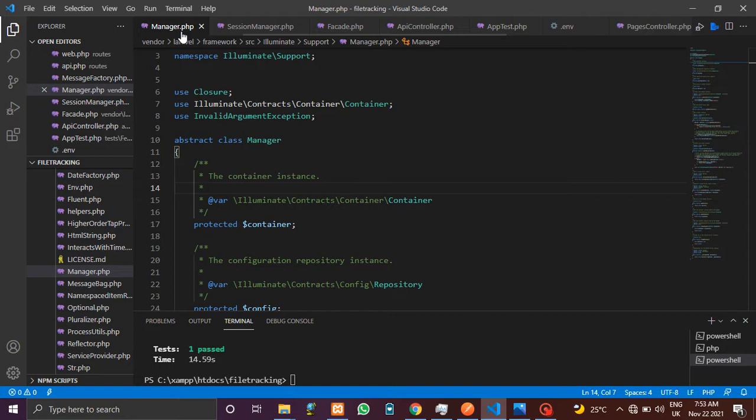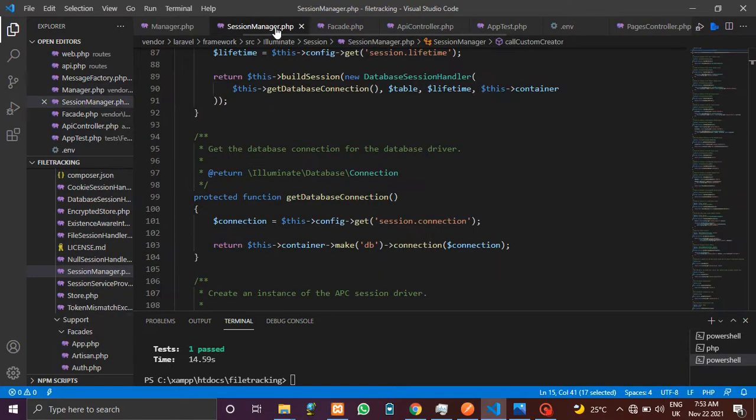So there are several classes that inherit from the manager class, and one of them is a session manager. The session manager here takes care of authenticated users. It builds the sessions by calling the driver creator from the parent class. You get it? So the session manager creates a session of an authenticated user, and if we look very closely at the code,